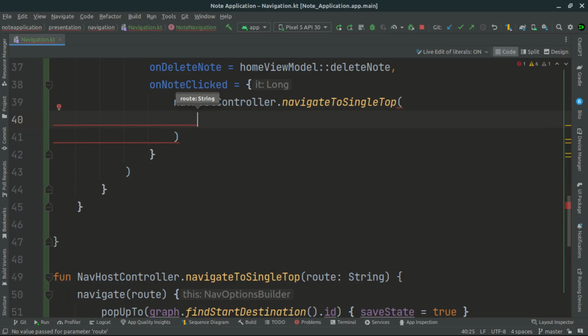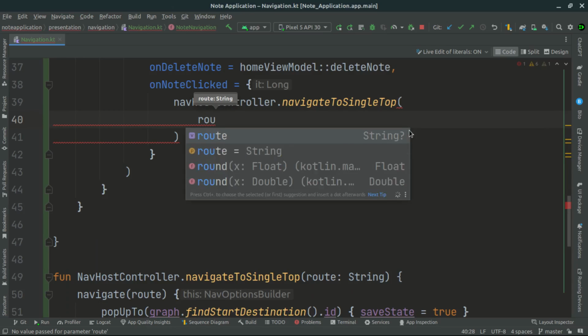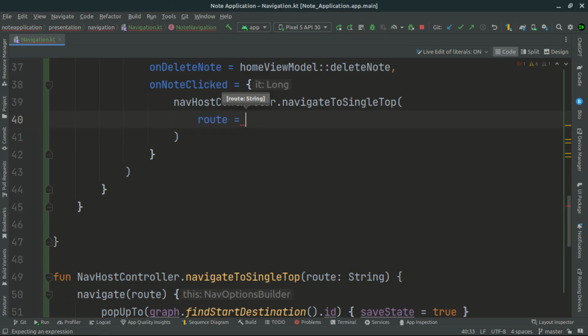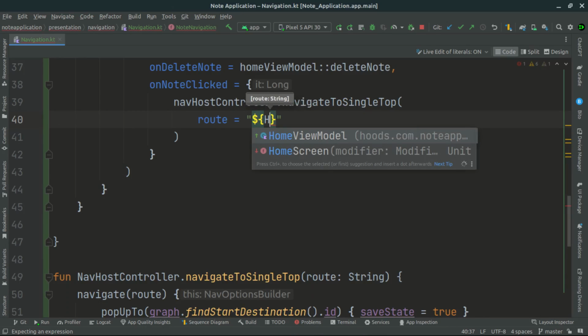Now, whenever the note is clicked, we want to navigate to the details screen so that we can update our note. So for this case, we have to pass in the route. And this route is going to go to the details screen, and we have already defined our screen, and basically we have to pass in the parameter. So for this case, the first case here, we have to define the screens which we want to go. So for a case, we want to go to the screens